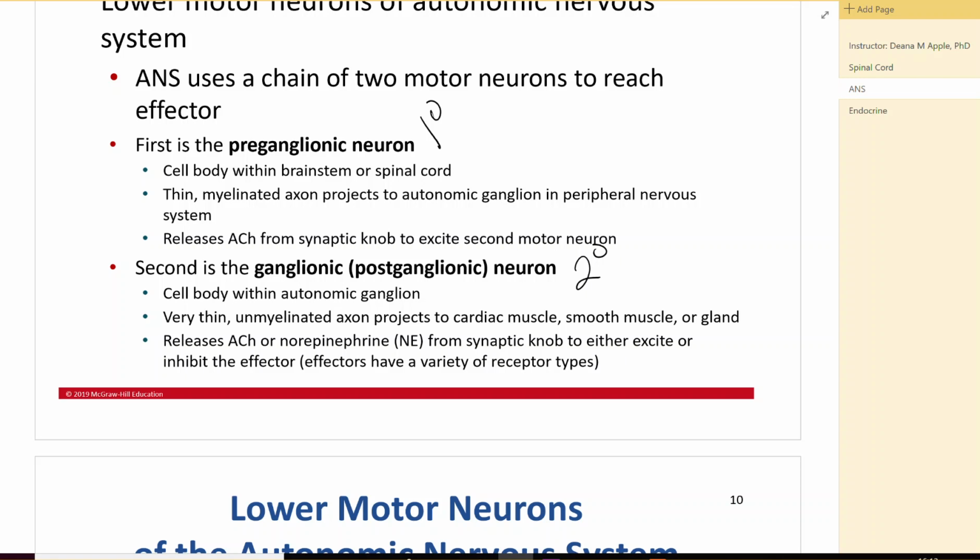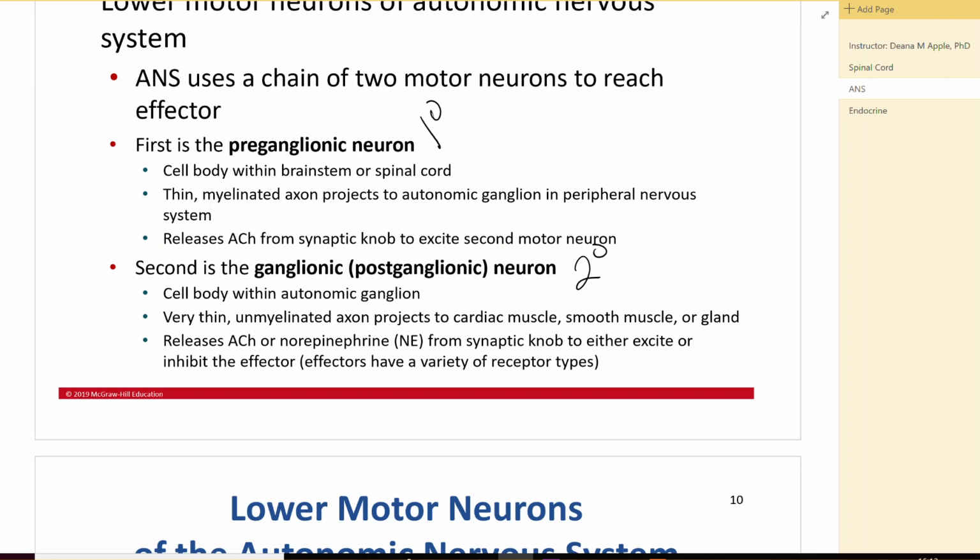So we talked about acetylcholine activating its receptor, its ligand-gated channel. That was a nicotinic acetylcholine receptor. There's also a muscarinic acetylcholine receptor, and there are a variety of norepinephrine receptors as well. It depends on what type of receptors are expressed in the effector tissue. So the effector tissue, remember, sent in some sensory signal, activated the preganglionic fiber in the spinal cord